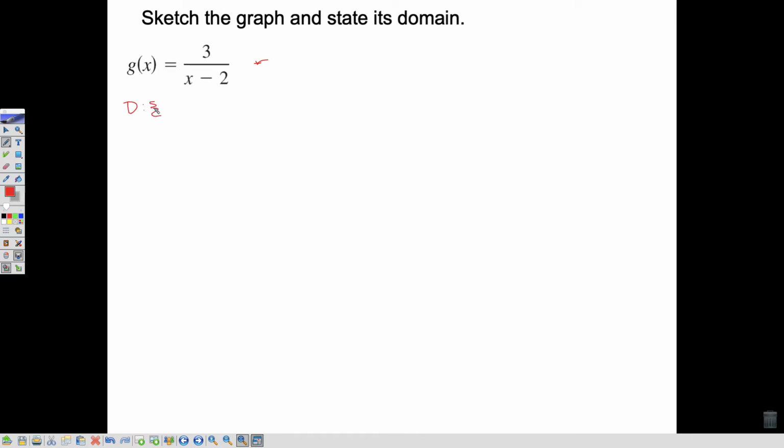How do I find the domain? Set the denominator equal to zero. So it's x such that x